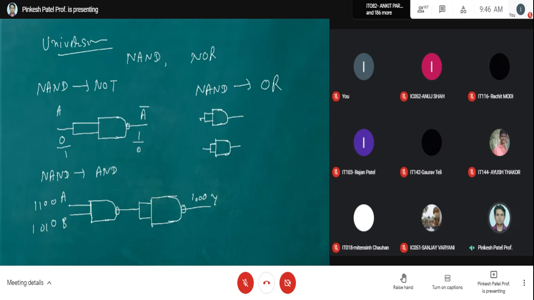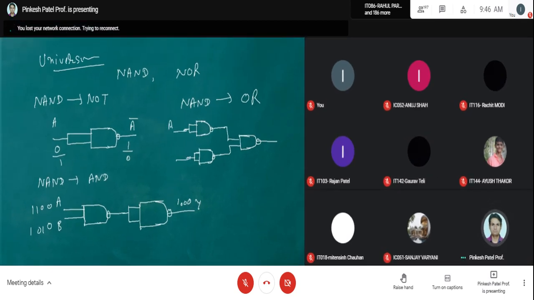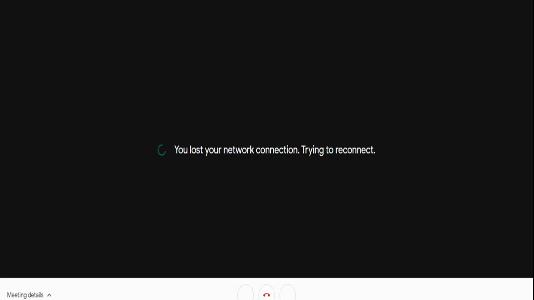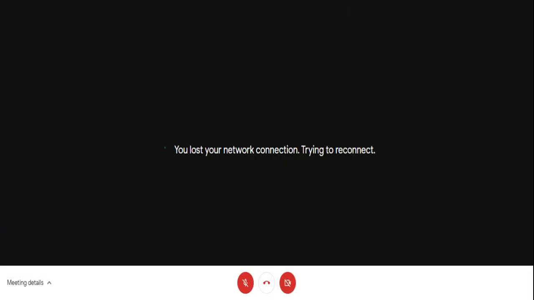In case you are asked to just draw a circuit in the exam, you should be able to draw it. Okay, this is a NAND gate. See, this is A, B, and this is Y. This is a design of an OR gate by means of a NAND gate. Right?